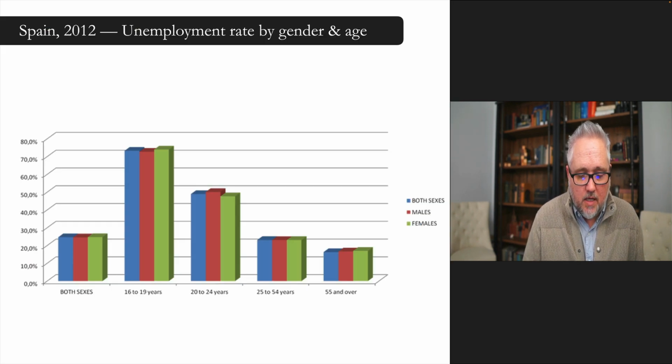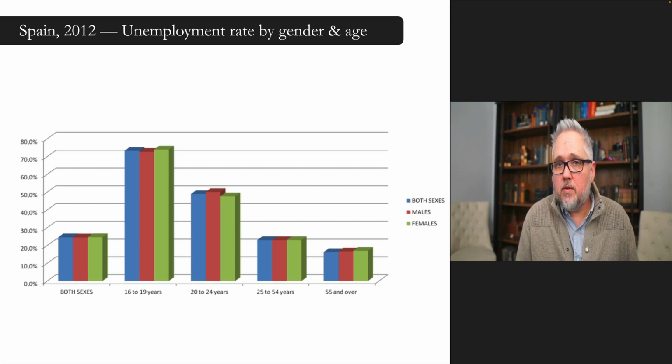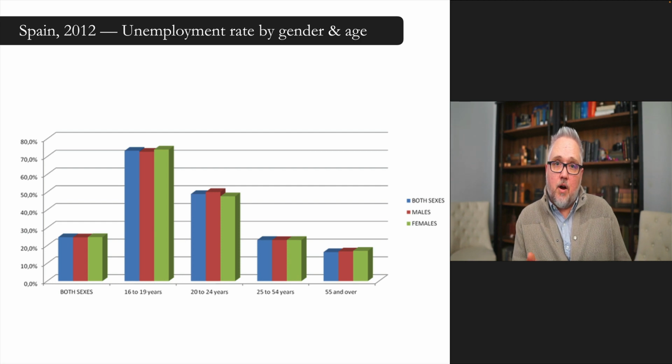Spain, you can see in 2012, after basically that peak of unemployment that I showed in that earlier graph, there is a drastic difference in who's unemployed depending on their age group. In the 16 to 19 year time frame you had a much higher unemployment rate compared to those in middle age, between 25 and 54. And that is in part because a lot of people in the older age groups had more experience,